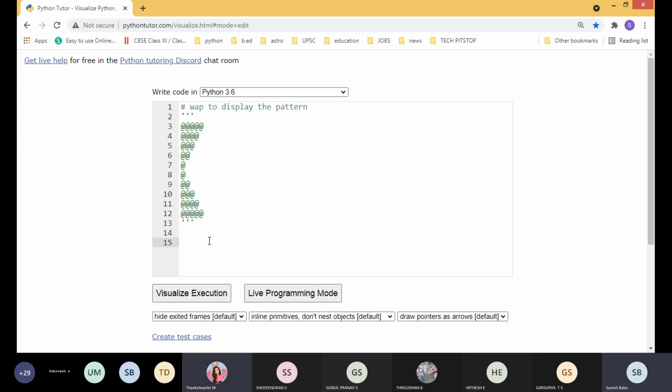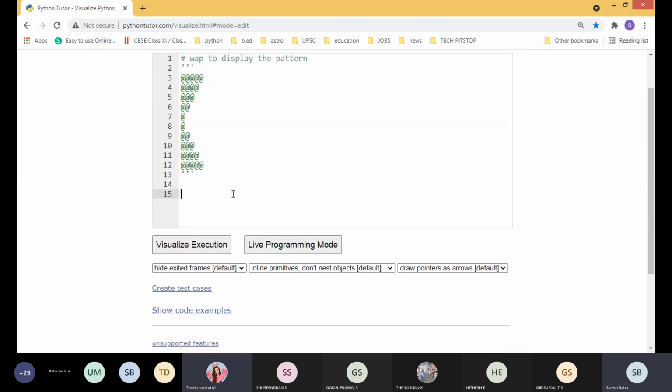Tell me, ma. First we solve the first half. For i in range, okay, 1, 11. No need of 11, ma. So first I am telling you: split it, the first half as a separate program, then the second half as a separate program. We can give it in the same coding. After completing this, it will continue and display the remaining half of the program.